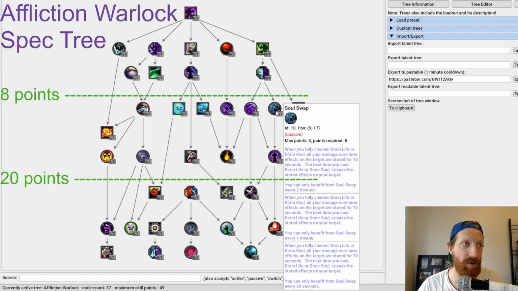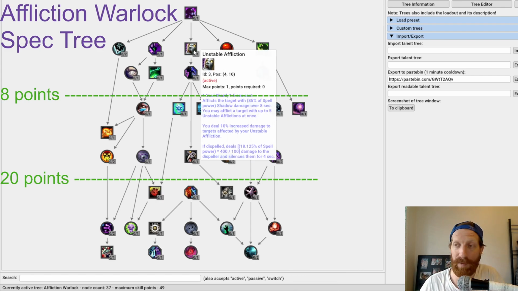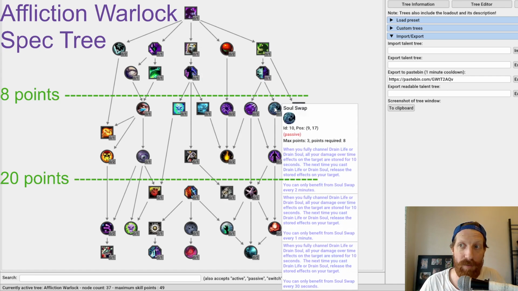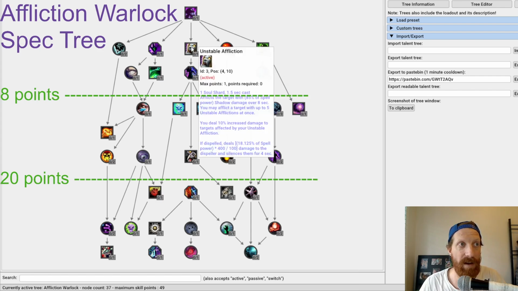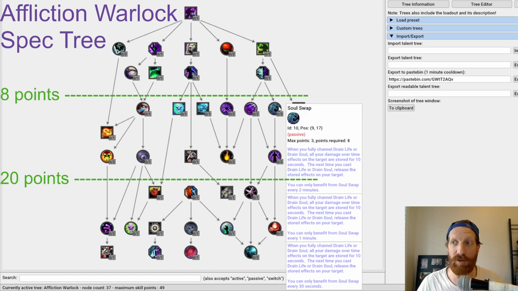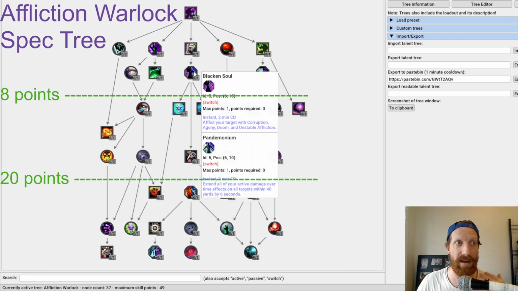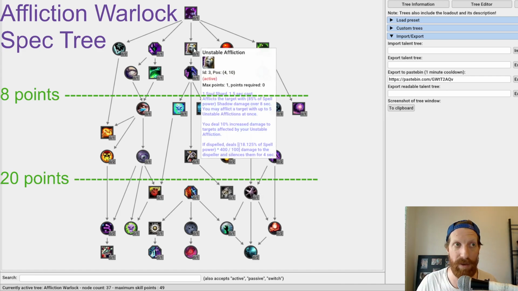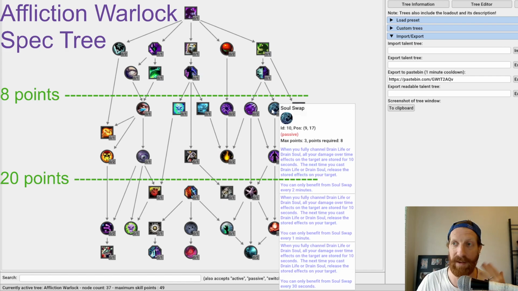So remember, in a world where you can stack up unstable afflictions on a target, you could have Doom, Agony, Corruption, Siphon Life, and 3 unstable afflictions. You can drain the soul of this target and get a snapshot of whatever those buffs are, and then you could soul swap them over to another target. You can do something like Blacken Soul into 3 unstable afflictions, and then save it or soul swap it by